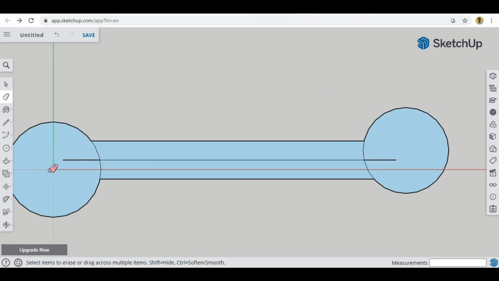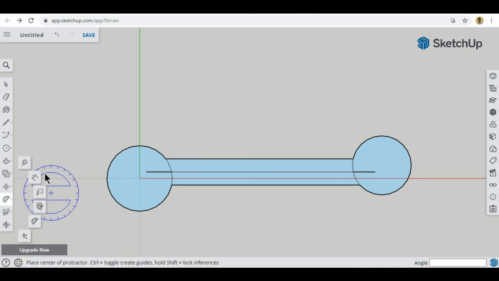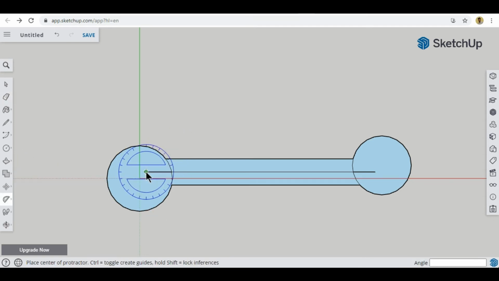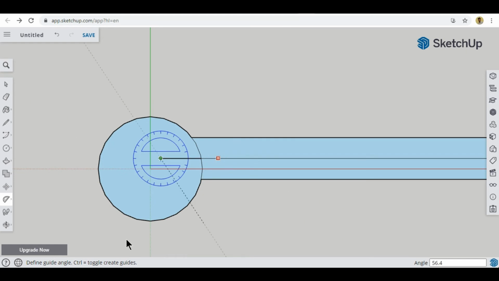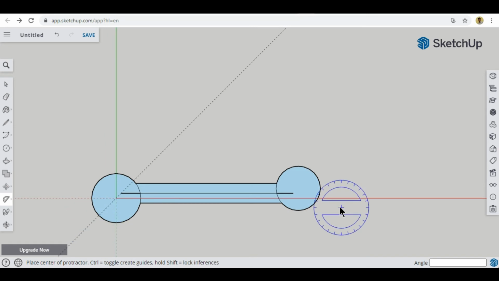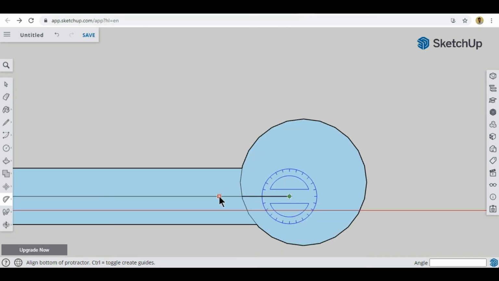So these 2 points are our next points, now from where we have to create a 45-degree angle. So now I can use the protractor. I'll take this point as a center point for the protractor, and I'll take this one as a reference, and since this line is a reference for us, it will not be 45-degree, it will be 135-degree, and enter. Okay, similarly from here also, this line is a reference, so 45 is this. Okay, but we have to go this side, so it should be 135.